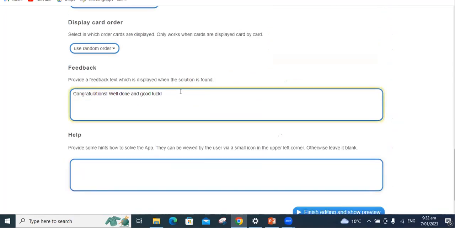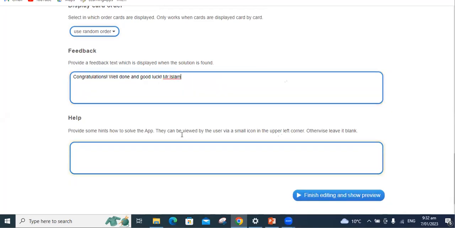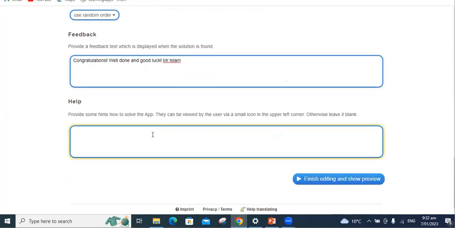Here you give the feedback to the students. Good, congratulations, for example Mr. Islam. You write your name or the name of your student. If you want to put marks here, for example, nouns refer to people.